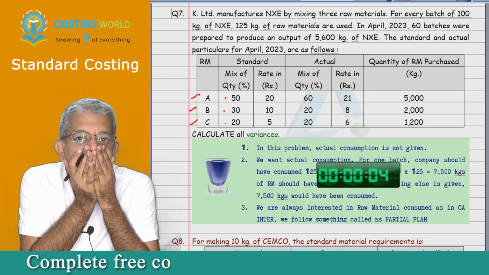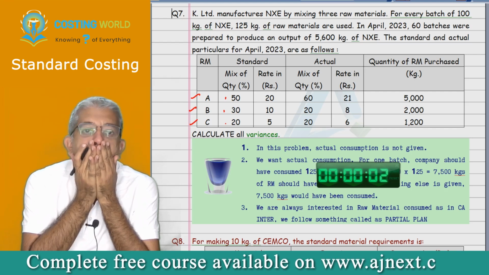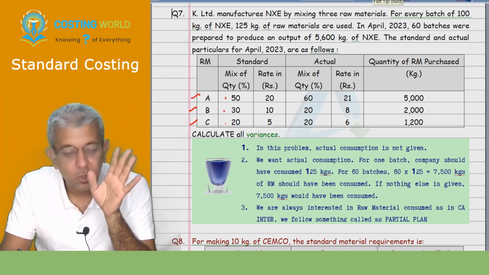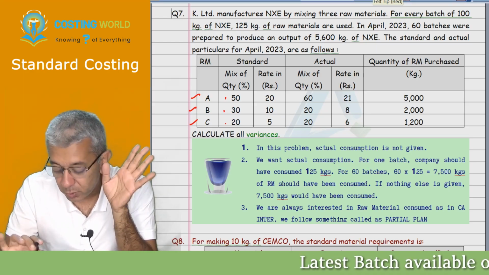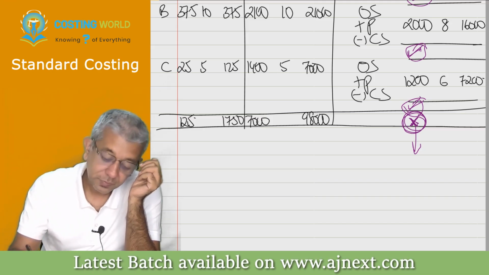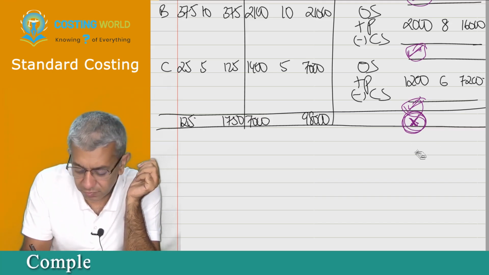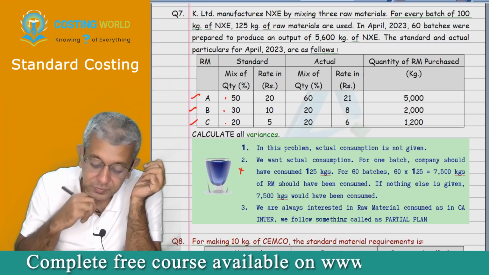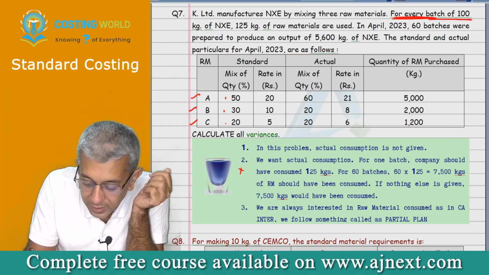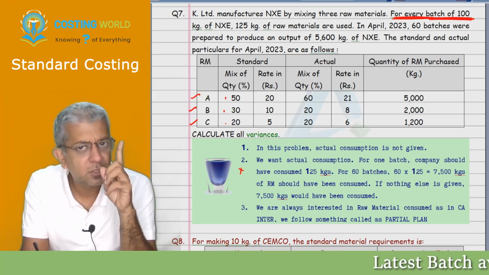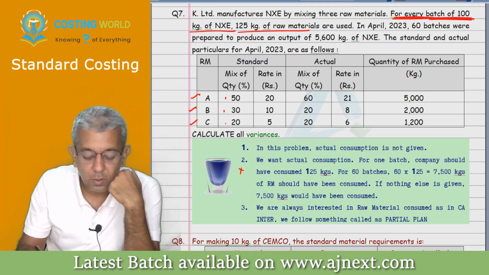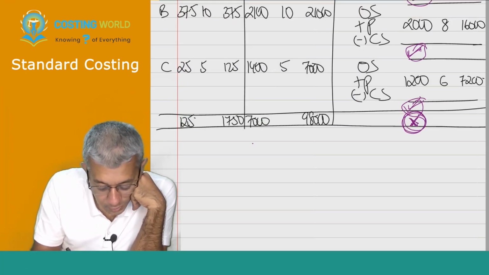Listen, whatever I'm saying, whether you have got the answer or not, just pay attention, because I'm going to say something new that I have obviously not written in shorts on purpose. See, I want actual consumption. From where the hell do I get it? Okay, listen. For every batch of 100 kgs, so one batch is supposed to be of 100 kgs, 125 kgs of raw material are used. So what I'll do,